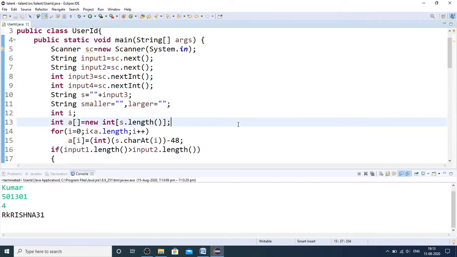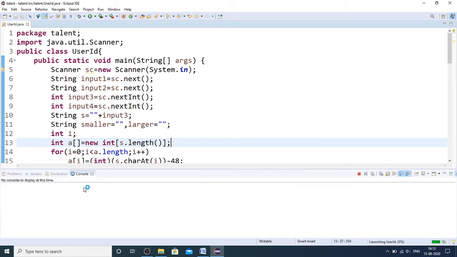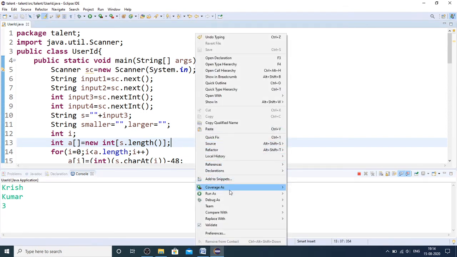Now let me give the second test case where both the lengths are same. So it is Krish, and then Kumar, and then 3. Sorry, I have to give the pin code.